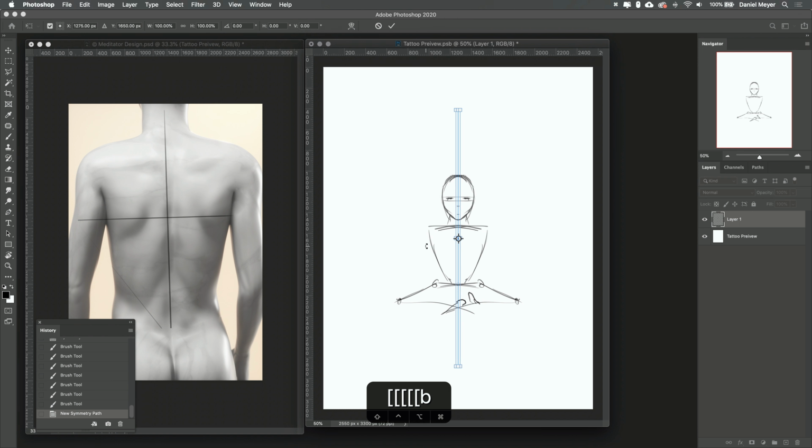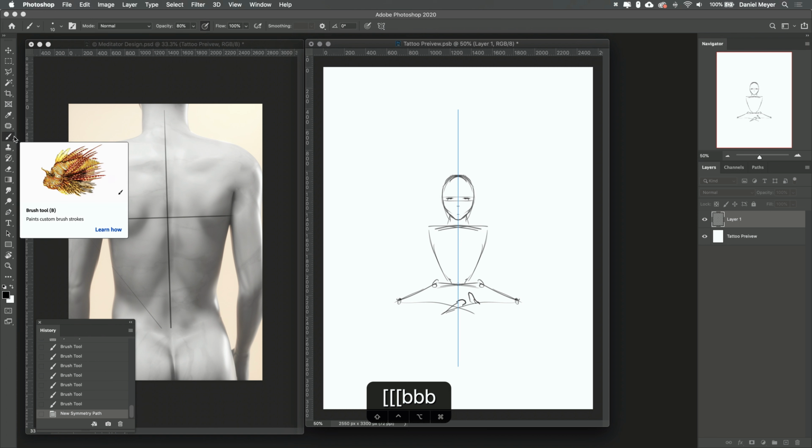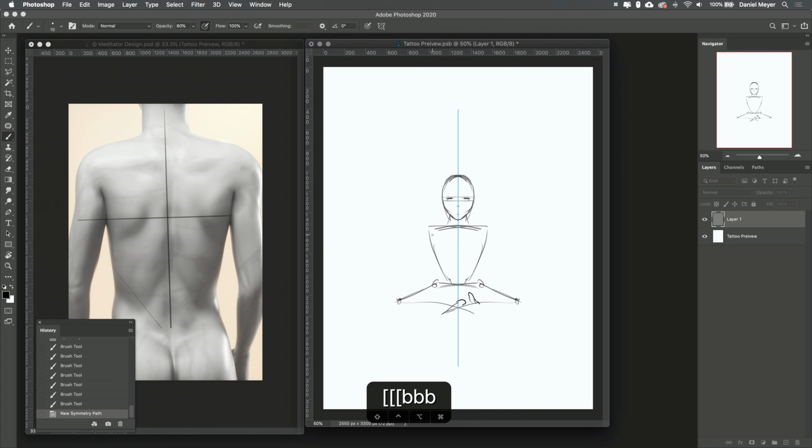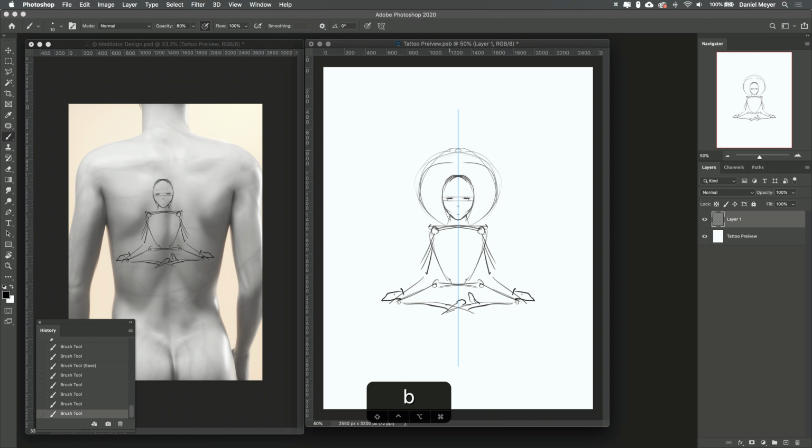And as I'm saying, it's really not about creating a masterpiece right here. It's just about creating a rough composition, to just know, does the entire design even work? For example, if we press Command S now, you see the instant preview, and this will be the main piece of the design where the meditator sits. Then we would like to add probably some sort of a halo around him.